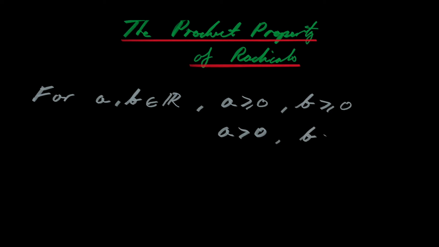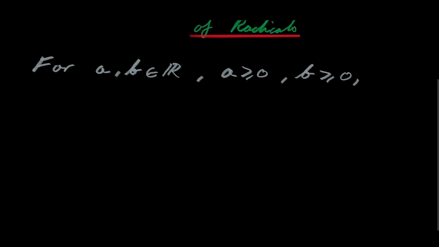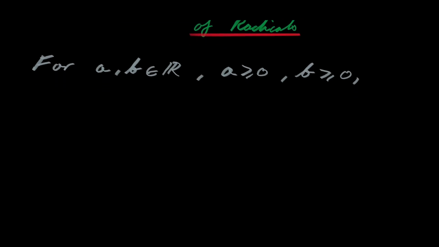That would mean that A and B are positive. But because we're allowing for the case where they could be 0, all we know is that they are not negative, in other words, non-negative. So for A and B in the reals, where they're both non-negative, if you know that these preconditions hold, then it turns out that this also holds. The square root of A times the square root of B equals the square root of the product of A